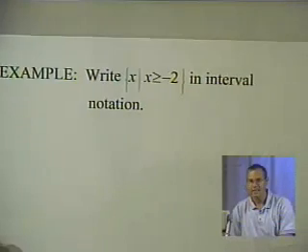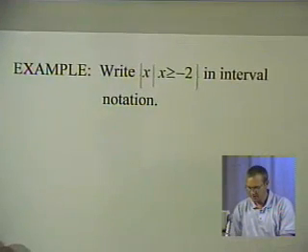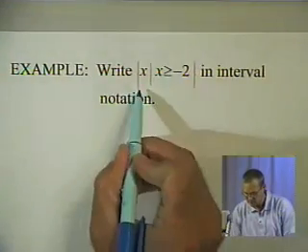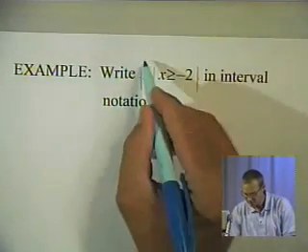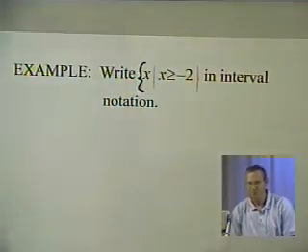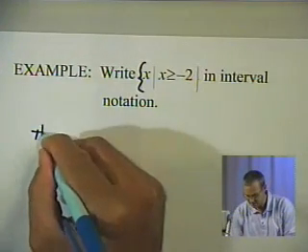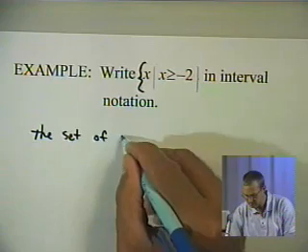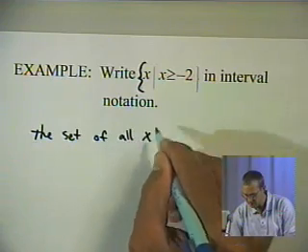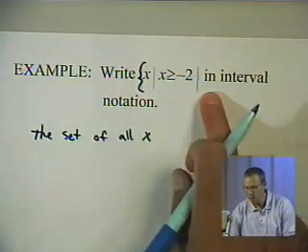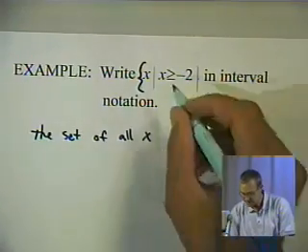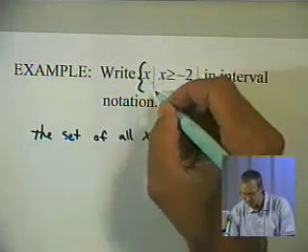How about we write this set in interval notation? Now let's see if we can read what that says. Remember, the starting point here of the bracket represents the set of all x. So what I'm doing is I'm just writing exactly what this notation means. So the set of all x, remember the little vertical line segment means such that